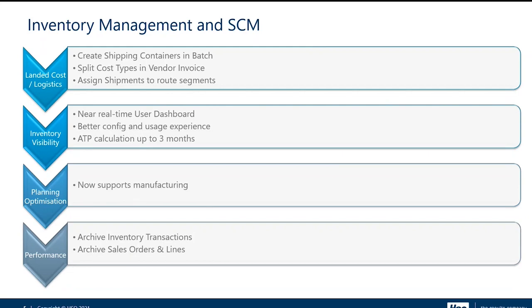Planning optimization can now, well, manufacturers can now switch to using planning optimization instead of master planning. For those who haven't seen this, planning optimization is a separate microservice which offloads all of the planning MRP calculations to a separate service, much higher performance, allows you to run most jobs within minutes rather than hours. You can run them multiple times a day, but until this point, most manufacturers had to use the older master